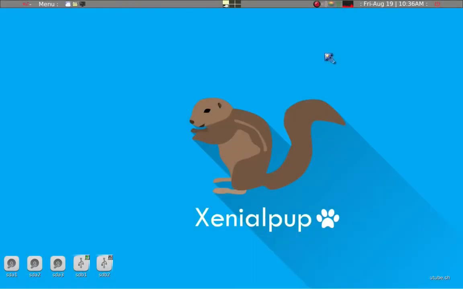How to change the kernel. As you see on your screen now, I have Xenialpup configured to my liking. However, on my laptop here, the Wi-Fi is intermittent. Right now it's connected, but frequently it goes out, and then I have to reconnect, and it's a problem. So I want to show you